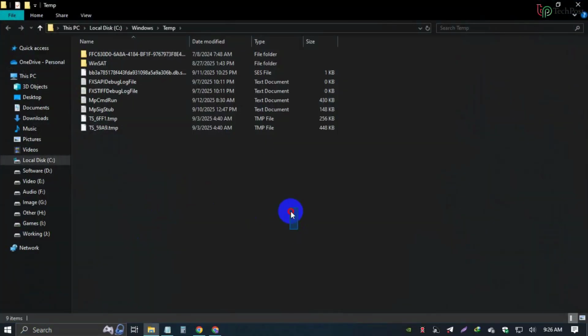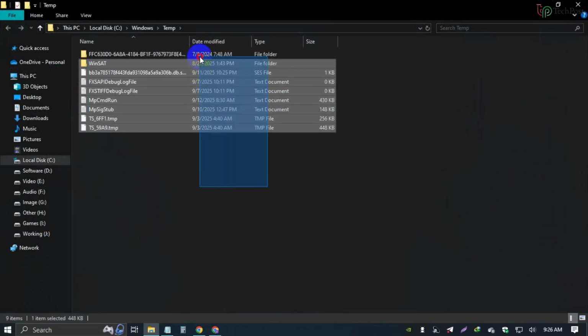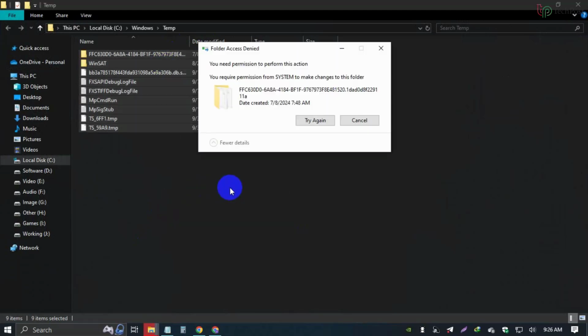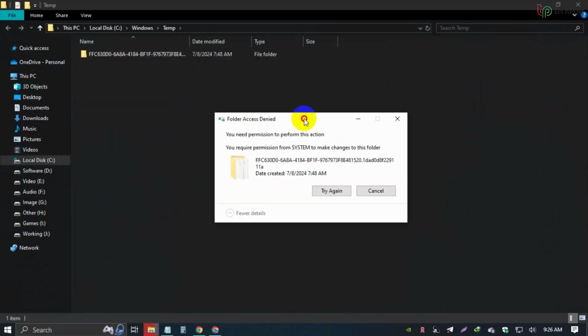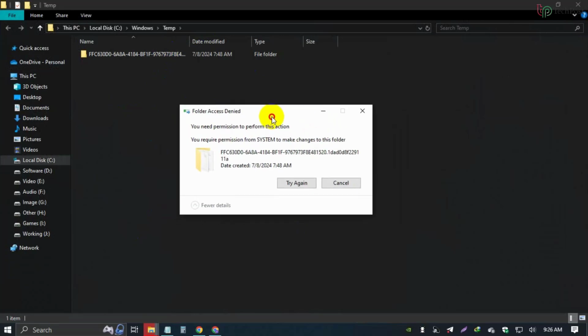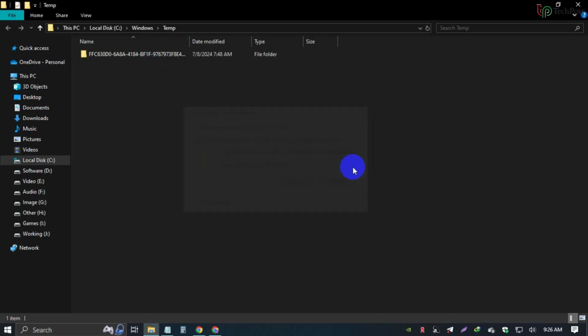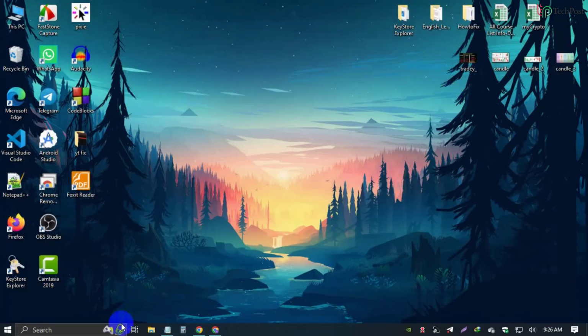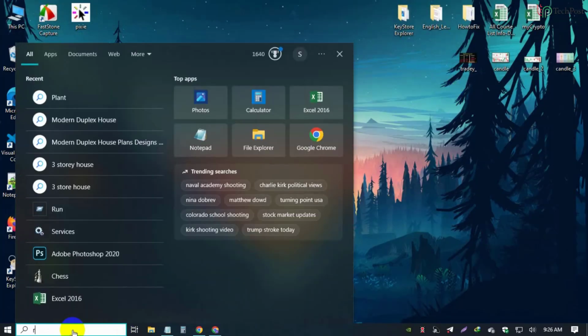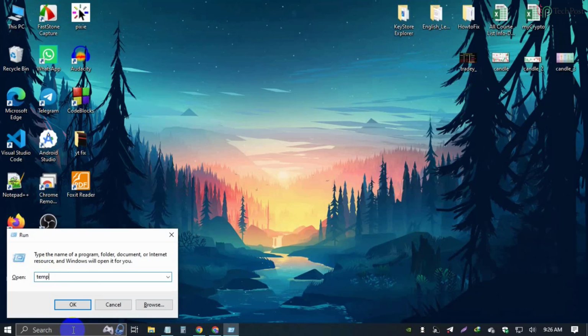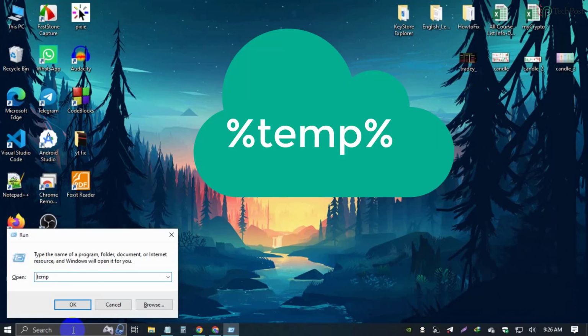See, these are unnecessary files, so select all, then delete. This folder says access denied. Some files or folders you will see here are your system's running files, so there is no need to delete them. Just cancel, close. Again run, and now just set a percentage,